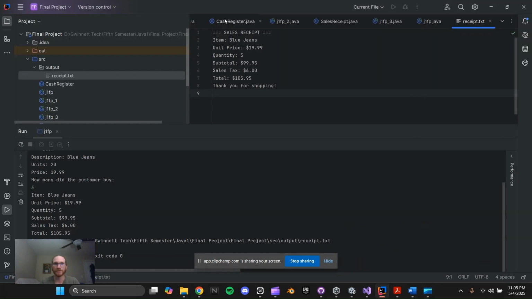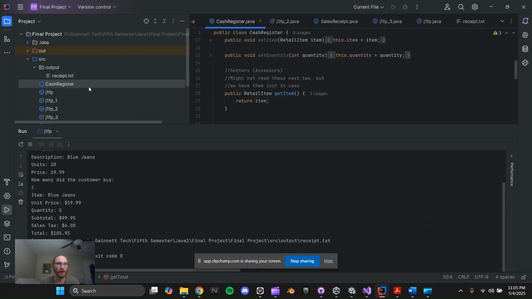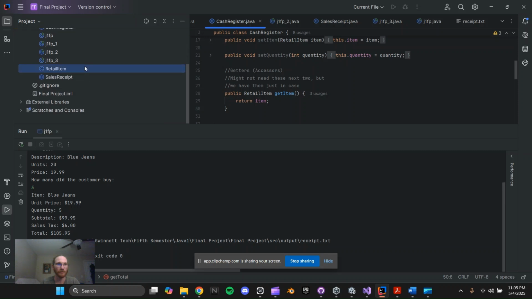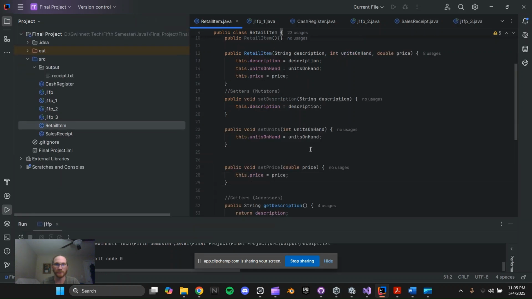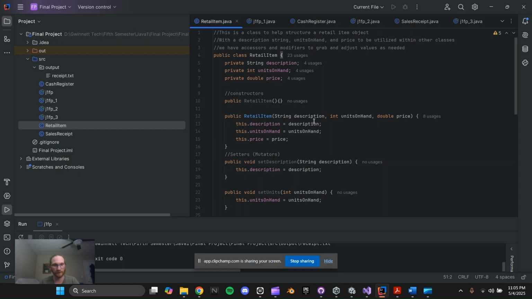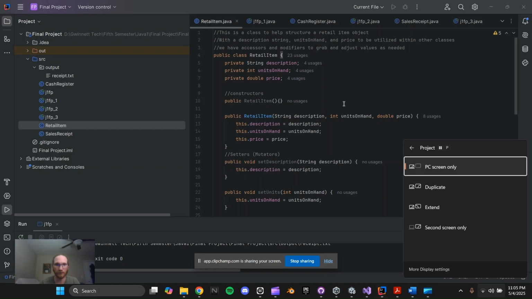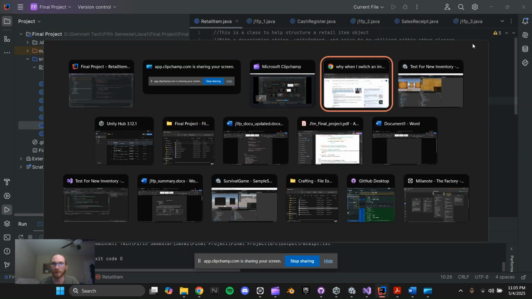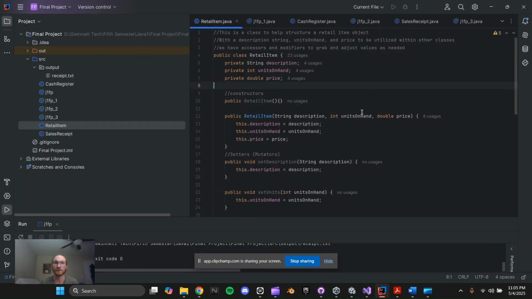All right, we're gonna do this much faster this time. Okay, so we're gonna go with the retail item. Let's do the Windows P. We're gonna do Alt Tab. It's a whole bunch of stuff. It's my GitHub. It's my Unity Hub because I panicked when I saw that it was due tonight and not